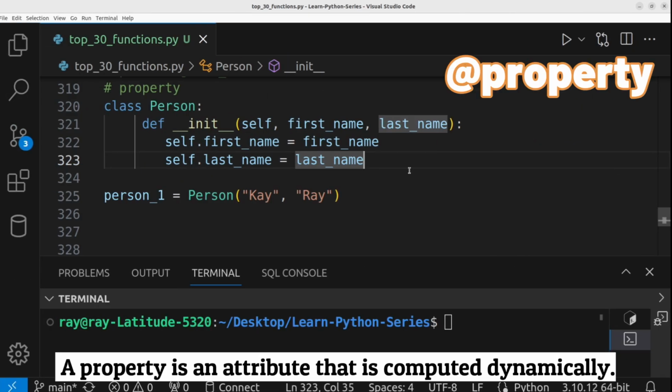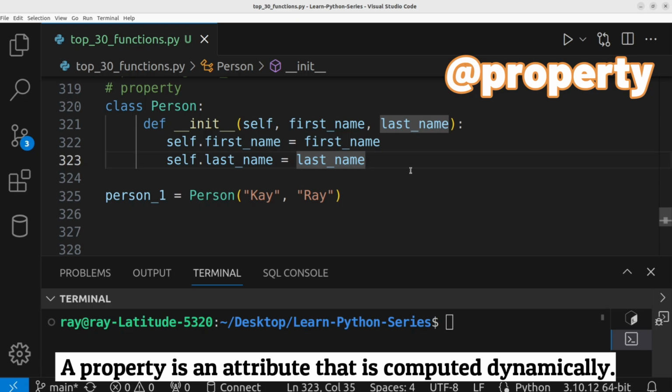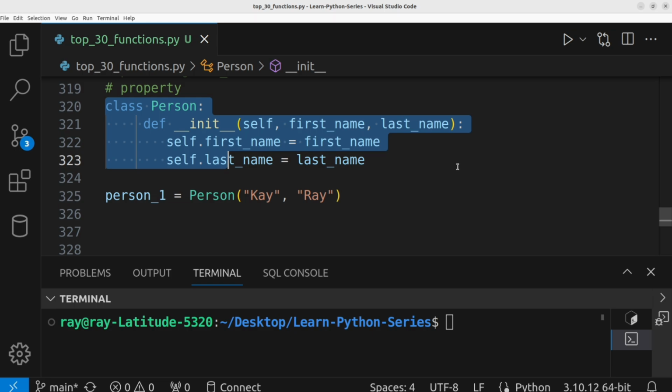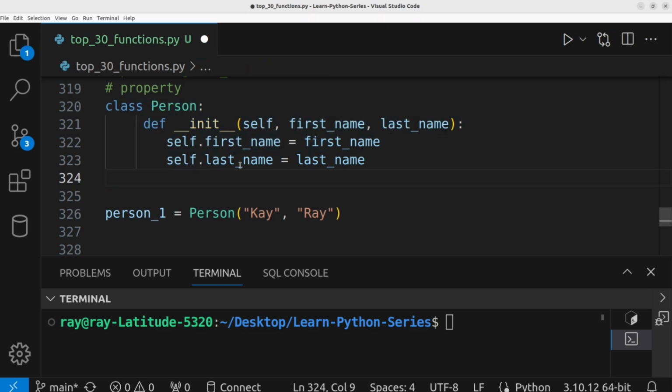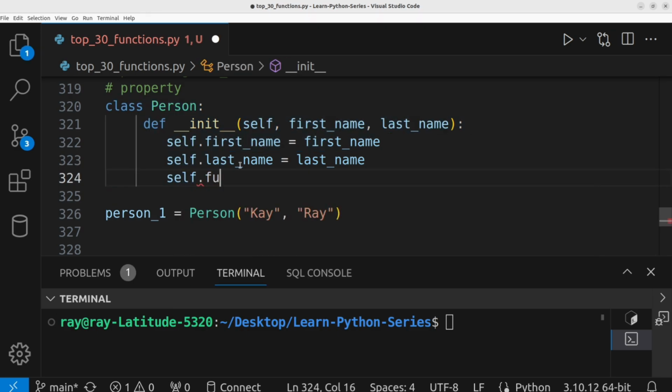A property is an attribute that is computed dynamically. Suppose we need to tell each user his full name. There are numerous different approaches this could be achieved. First, we may decide to add a third instance attribute. So we can write self.fullname, which is a new instance attribute, equals